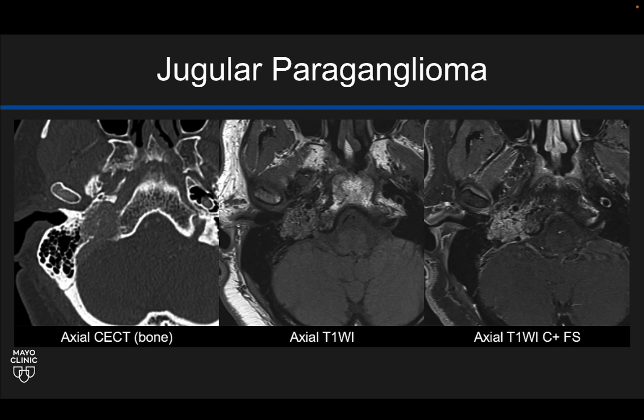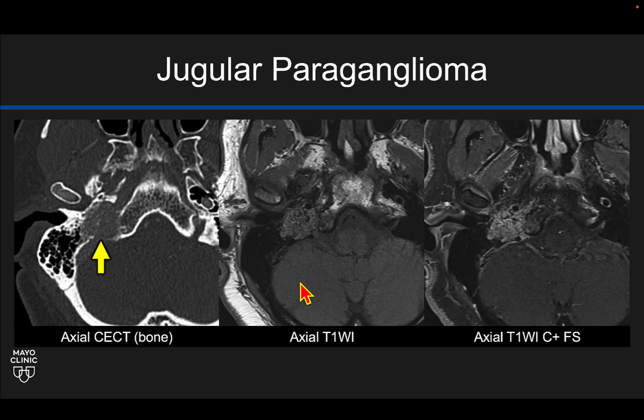Here's another patient with a jugular paraganglioma. You can see the image on the left. We have our axial. This is a contrast-enhanced CT, but shown in bone algorithm reconstruction. We can see that there's a mass centered in the jugular foramen. But look at the bone. This permeative destructive change is sort of smudgy and irregular, where the bone has been chewed up by this permeative